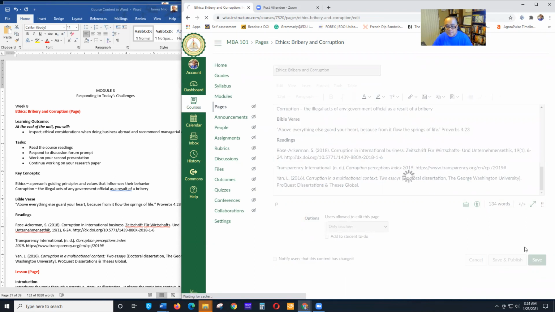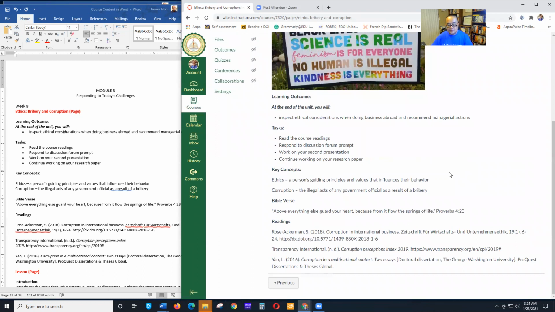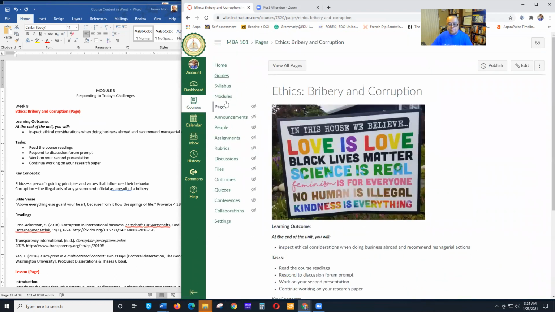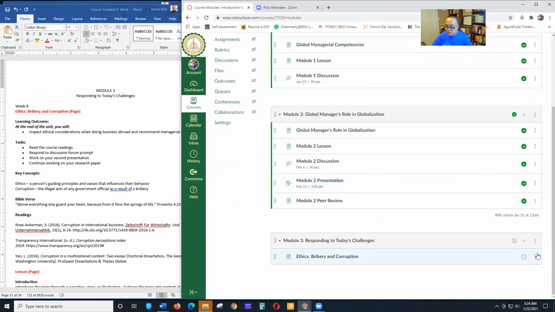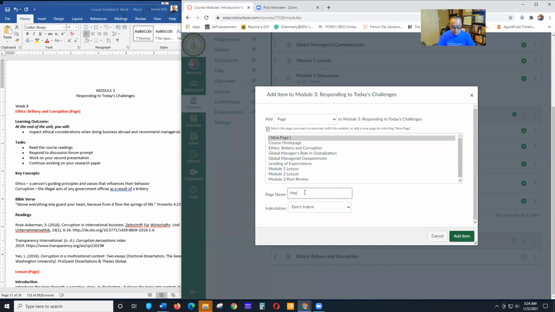And save. So these are course tasks. So we need to add our lesson. Go back to modules, plus sign, page, new page, module 3 lesson,